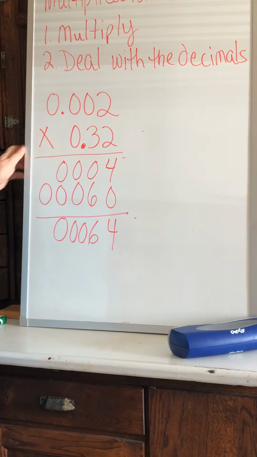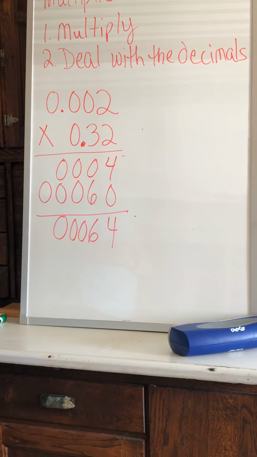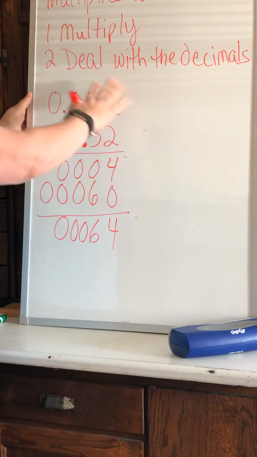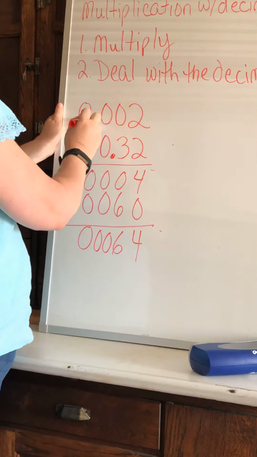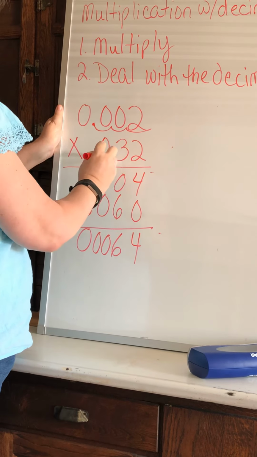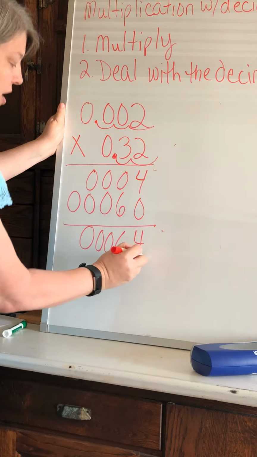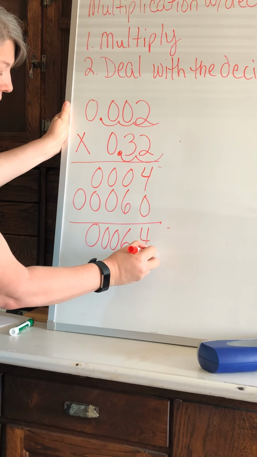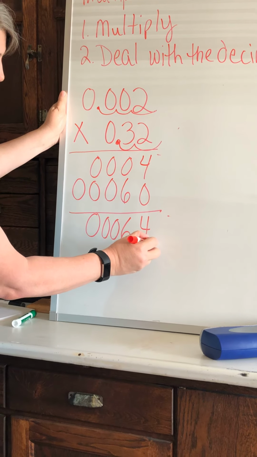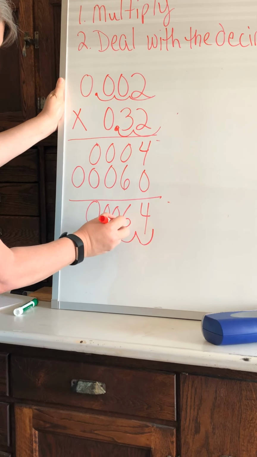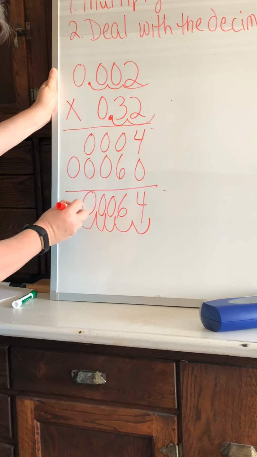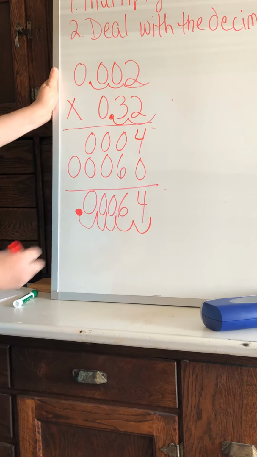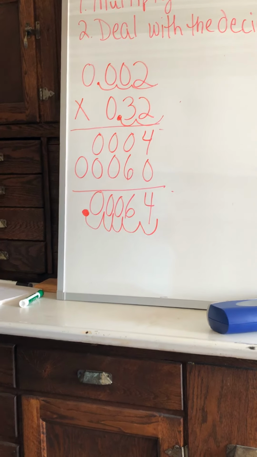Now, let's see. How many spots all together do I need to move these decimals? 1, 2, 3, 4, and 5. Go back here to the very end, and I'm going to go to the left 5 times. 1, 2, 3, 4, and 5. All right, so our actual answer is